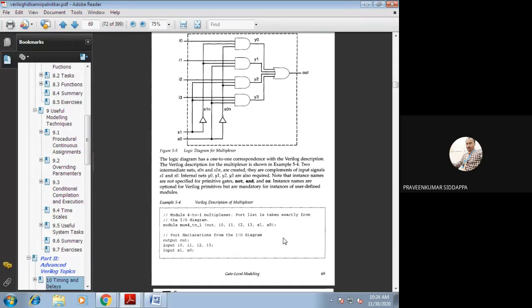Through a wire. So for that particular wire, I give some name. Then when we write the expression, we can write it easily.